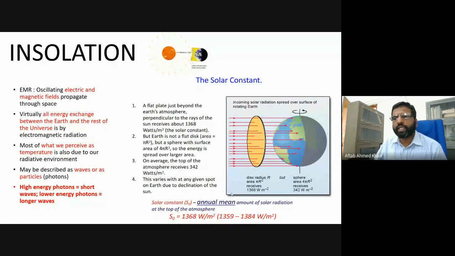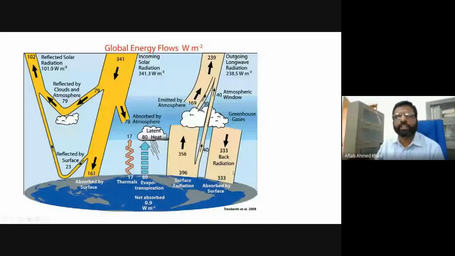And this energy falls and gets distributed on the entire surface of the sphere. The surface of the sphere is 4 pi r square, and the area of the disk is pi r square. Therefore, when we divide, we get 342 watts per meter square, something around that. That's the average energy we get. So out of this 342 or 341.3,